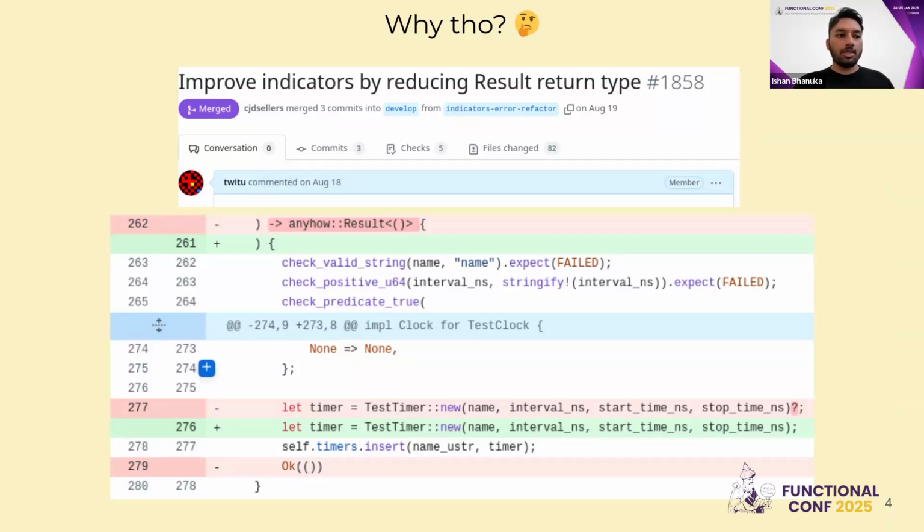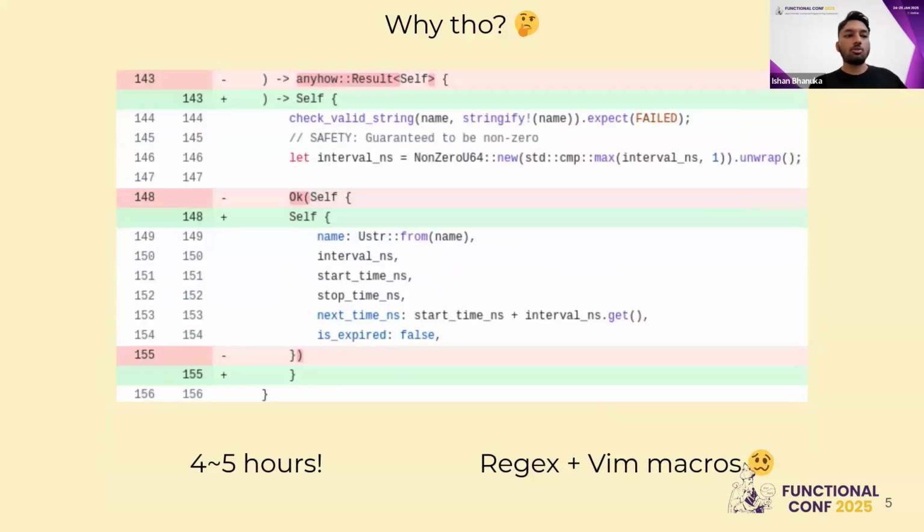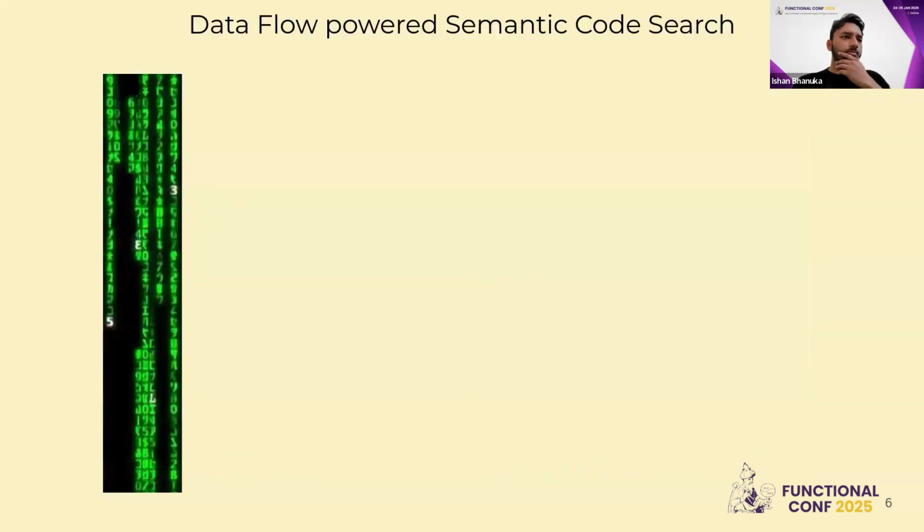I was working on a PR where one change in one of the functions resulted in 82 files being changed, because that function was a very core constructor used in many places, and changing its return type changed over 82 files. To make that change, it took me like 5-6 hours of just regex and vim macros, very repetitive changes across the files. Even LLMs couldn't help me here, which I'll come to later. But